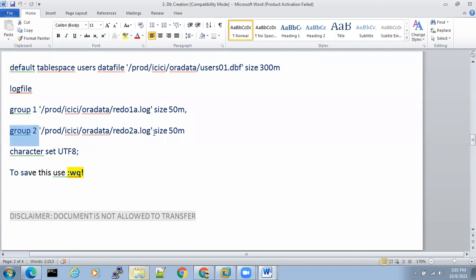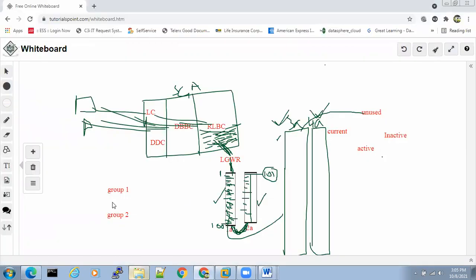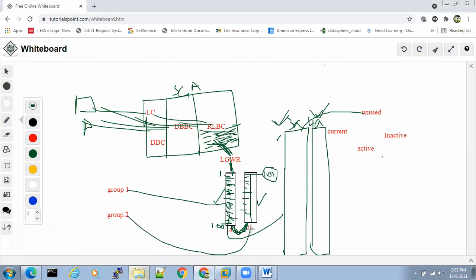Second group is having one member, redo2a.log. So group is nothing but a collection of members. Redo group 1 is having 1a.log. Group 2 is having 2a.log. Understood everyone?